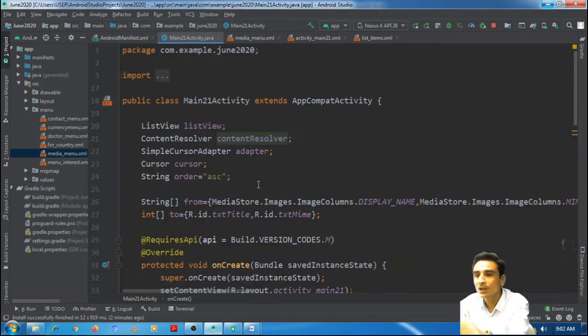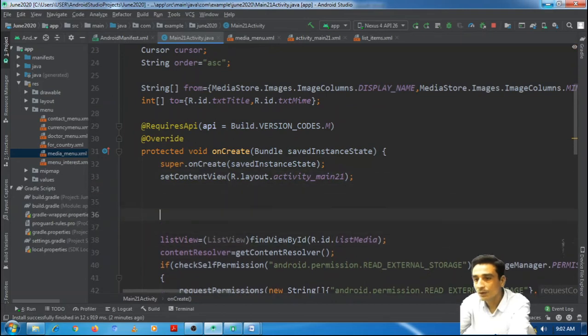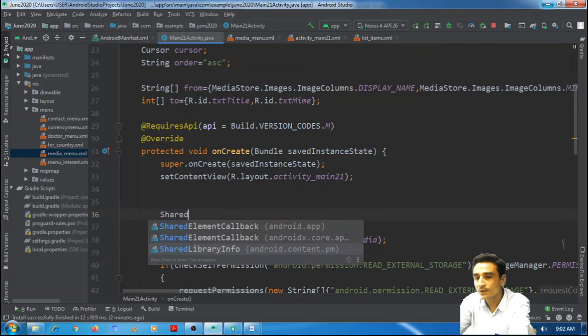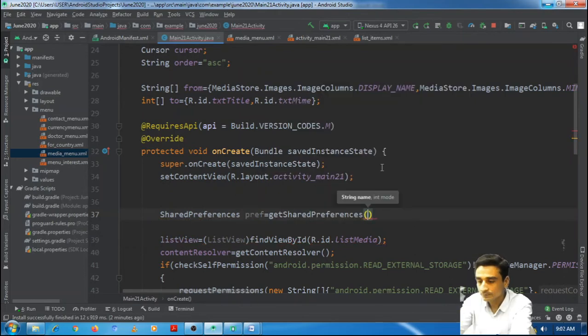Now we need to implement that this selection should be stored in the preference of the client. So in my application I would first of all retrieve shared preference. I would name it pref is equal to get shared preferences, name is equal to order and mode is equal to private.